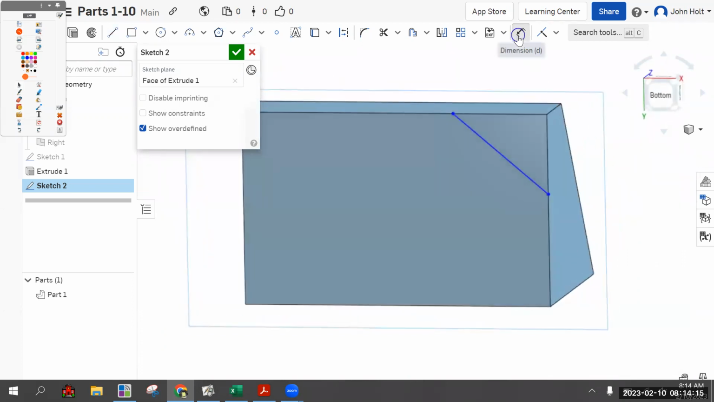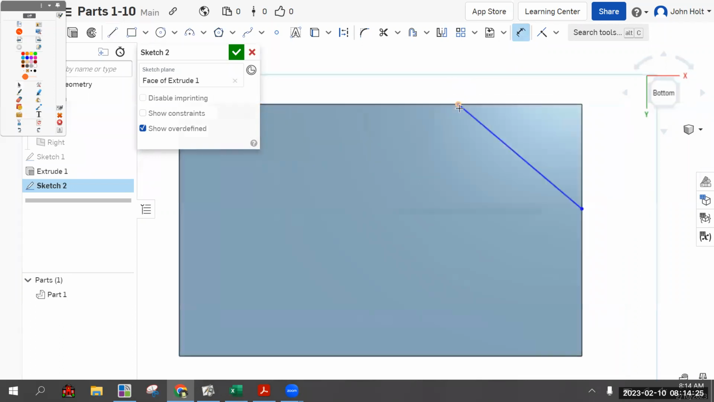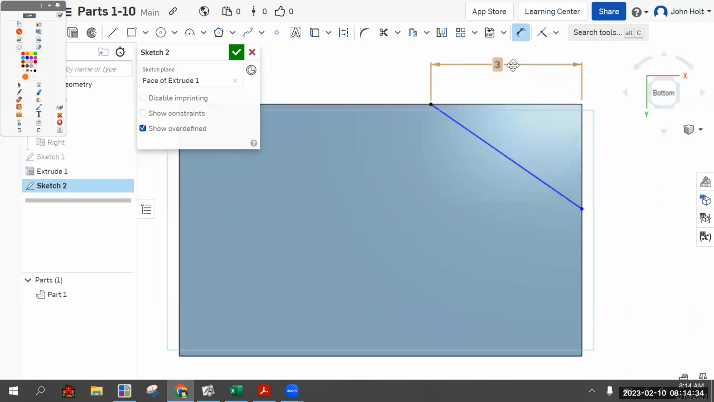And we need to make sure that it's the right size, which in order to make sure it's the right size, we just need to dimension the distance from this point, and you may have to zoom in order to get just that point, not the whole edge. The distance from that point to the corner should be 3, and the same thing here. The distance from that point to the corner should be 3,